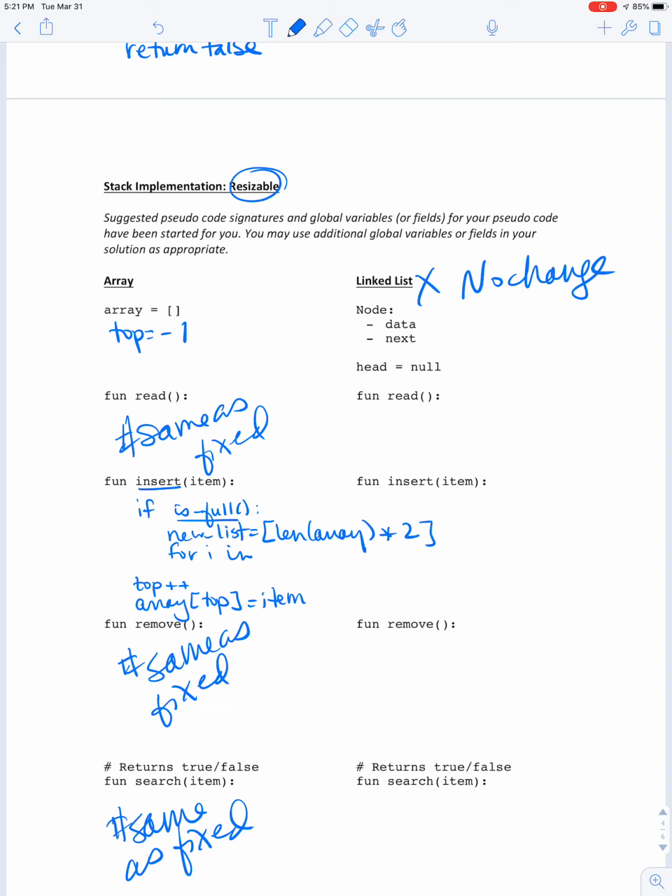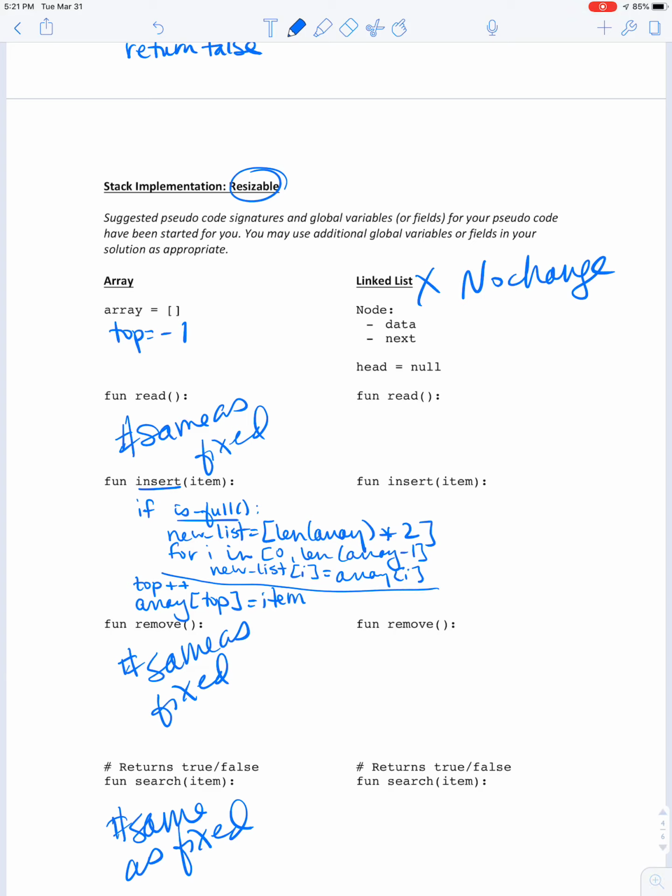So for I in the range of 0 to the length of the array minus 1 inclusive, new list I equals array I, and then